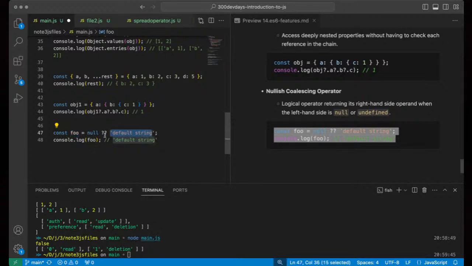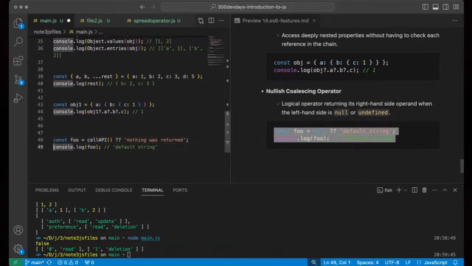So at any point in time, if the value you get here, let's assume this is a function, we say call API. Now, for some reason, when you call that API, nothing is returned. And if nothing is returned, you want to say the default should be "nothing was returned", instead of just returning null. But if something is returned, then what was returned would be the value of foo. Do you understand? I hope that makes sense.